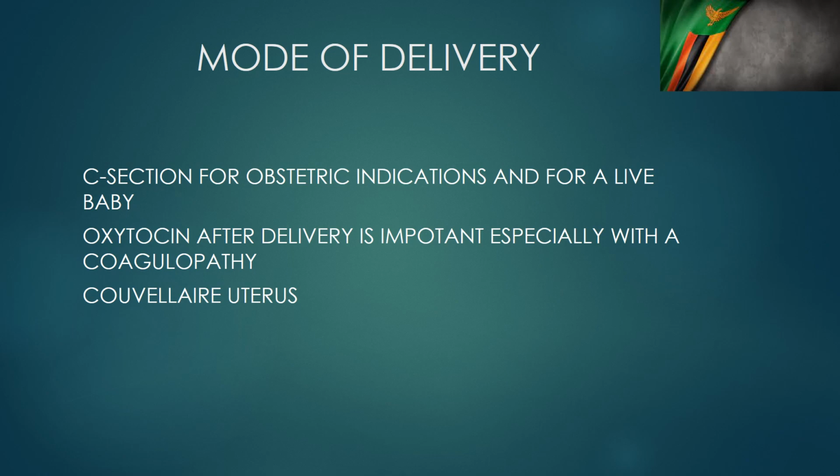Then lastly, when you do your C-section, you might find a black uterus, what is called a Couvelaire uterus. So blood has perfused the uterine muscle and it has colored it blue. Sometimes it goes up to the tubes and even up to the ovaries. Sometimes blood even finds itself in the peritoneal cavity, perfusing through the uterine muscle. So this is not an indication for hysterectomy. It's just telling us that the uterus might not contract well, and we have to be aggressive with our uterotonic agents